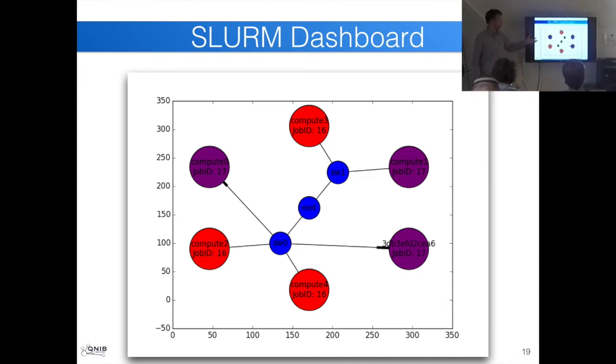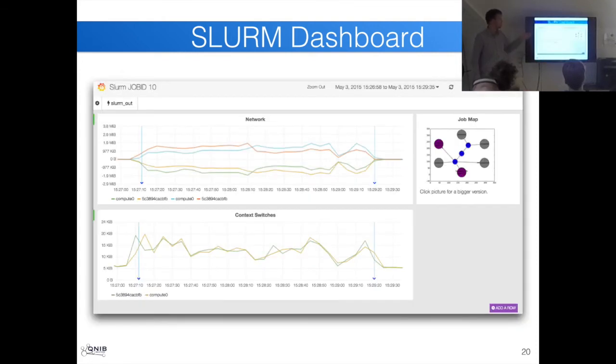And this is also very helpful to see the placement of a job. So this would be a stupid placement because all the jobs, there are 2 jobs, they are running across multiple switches, which would be stupid to do because you have different hops between the nodes, and this will mess with your syncing state. But anyway, and if you click on one particular job, you can see the metric of network